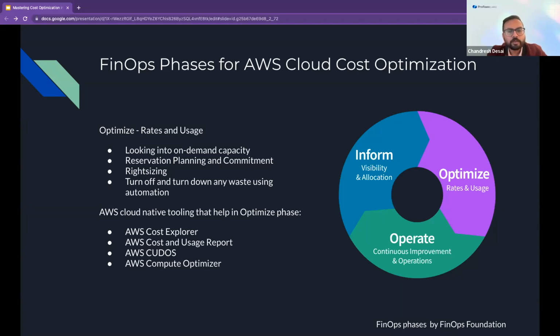The other one is right sizing. For right sizing, you can install or configure the AWS native Compute Optimizer, and this tool can recommend whether your resource is underutilized or overutilized. You can also export this recommendation into a CSV file. You can also analyze this recommendation with your SQL queries, or export the data into a QuickSight dashboard for better recommendations.